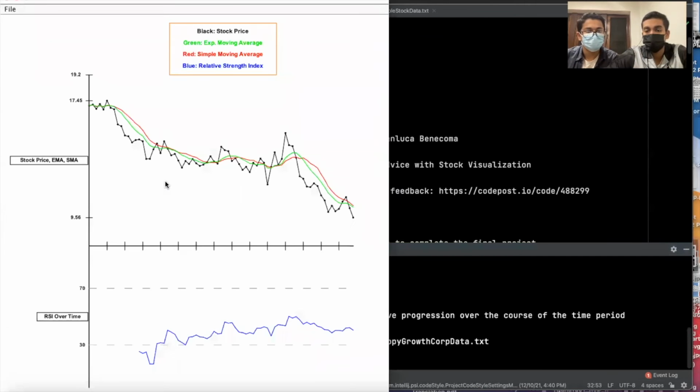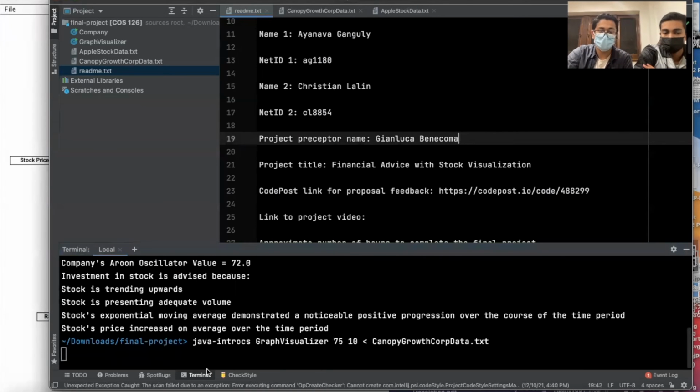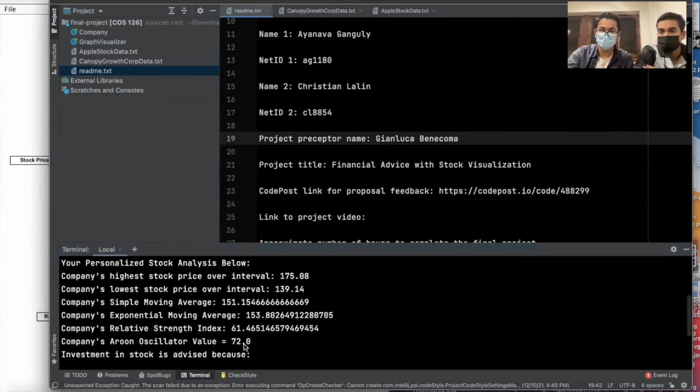Our first feature was having the ability to take in standard input and then be able to use it. So then for our second feature, once we're able to use our first feature to take in the data